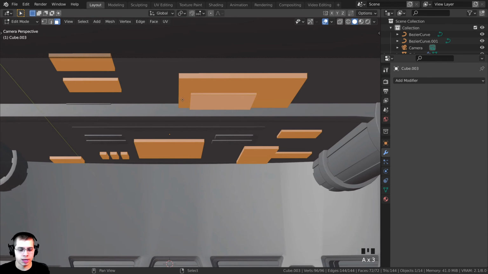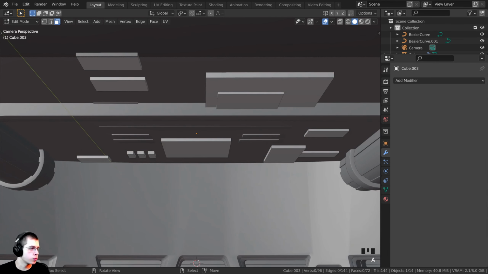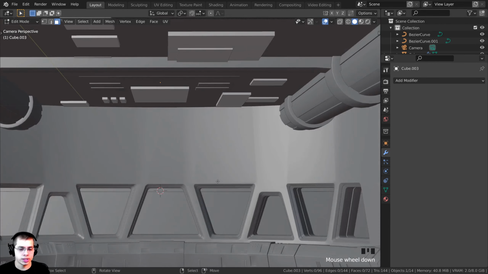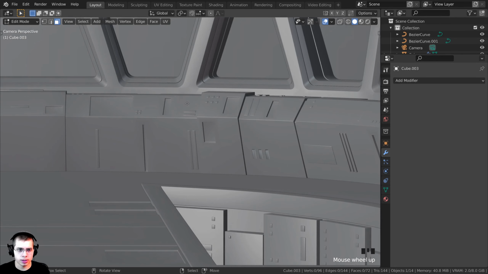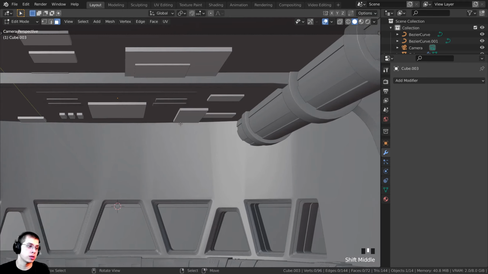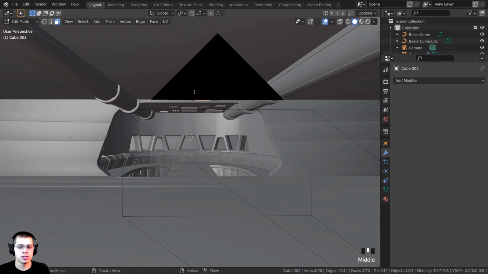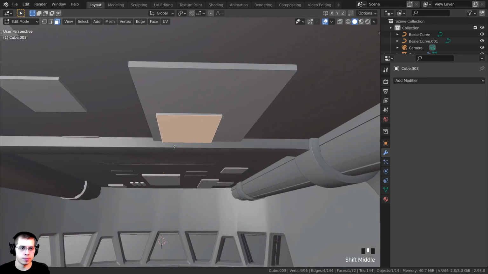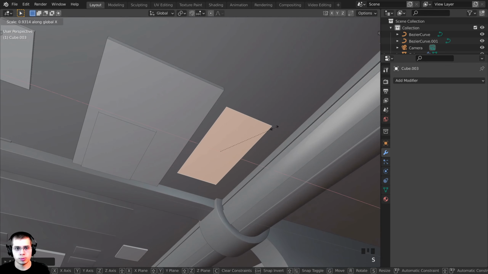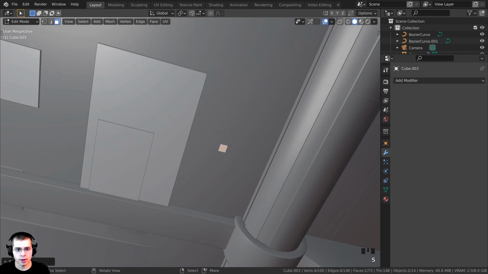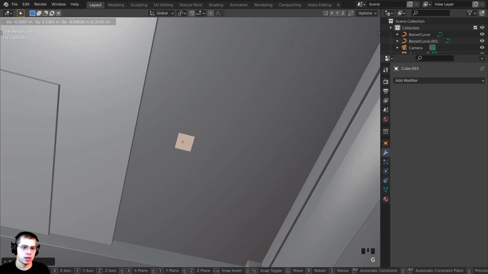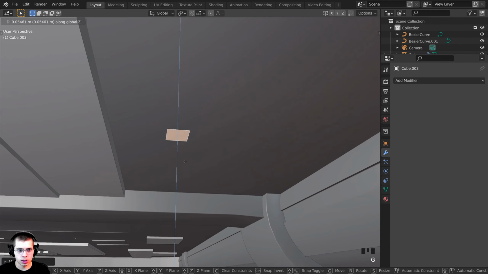And then I need to double tap the A key and press Shift N to recalculate the normals. And then just like these parts down here, I want to create some little squares, and those squares are going to be lights. So I'm going to select one of these faces and I'll press period on the numpad to zoom over to it, and I can just duplicate this and scale it down on the Y-axis, and then just scale it down something like that, and then maybe just move it over and kind of stick it into place,